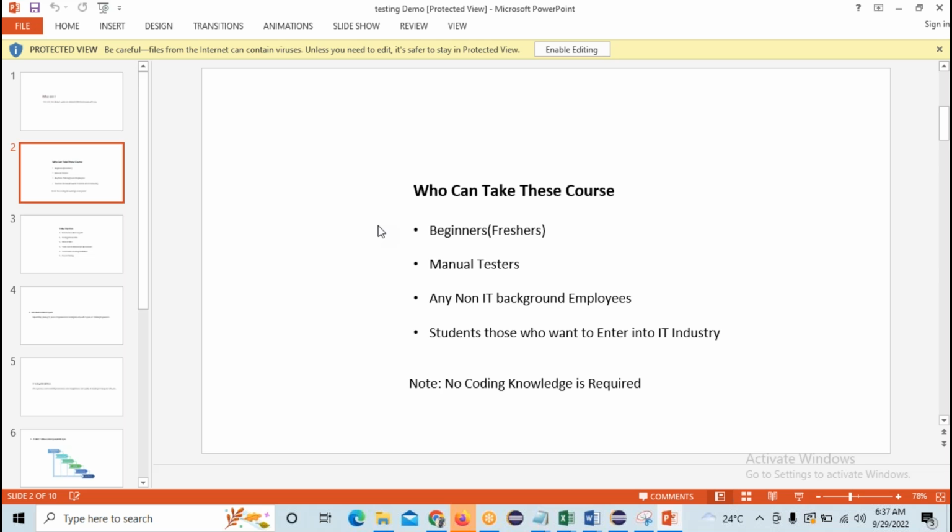Many of you have a doubt: sir, I don't have any coding knowledge, I have zero coding knowledge, am I eligible for this course to learn automation? Of course, for automation, coding knowledge is required, but in this course we are going to teach from scratch. I designed the course from the point of view of students who have zero knowledge. If you already know coding, you may wonder why I keep saying from scratch, but for people with zero knowledge of coding, this course helps a lot.